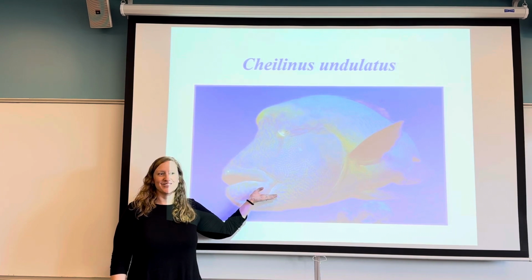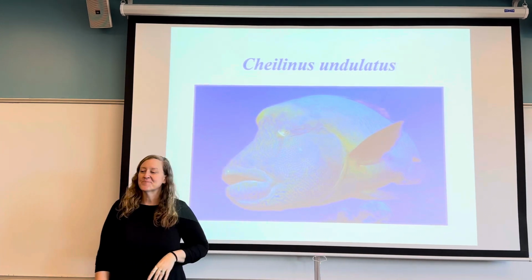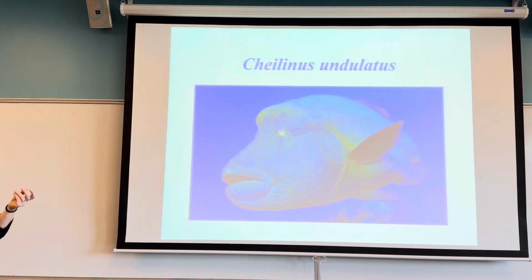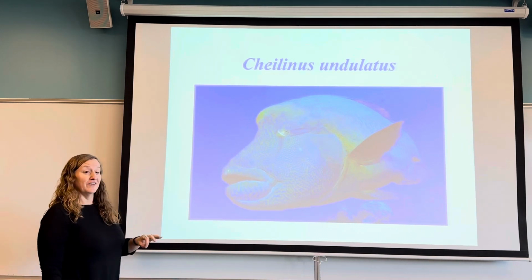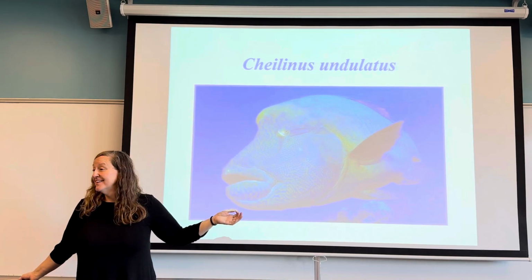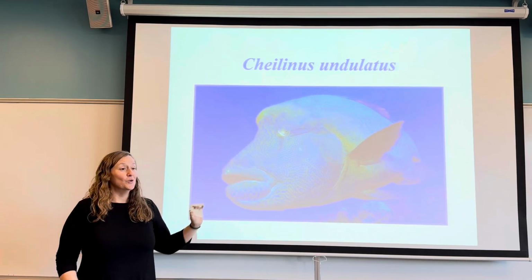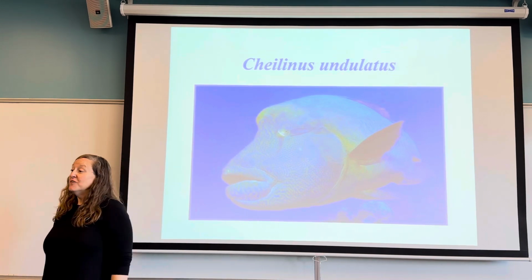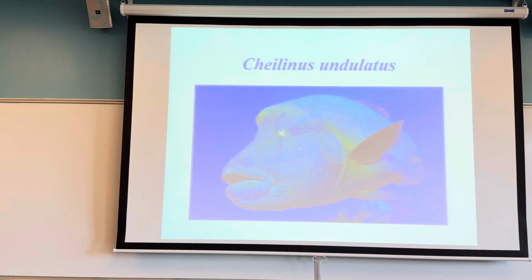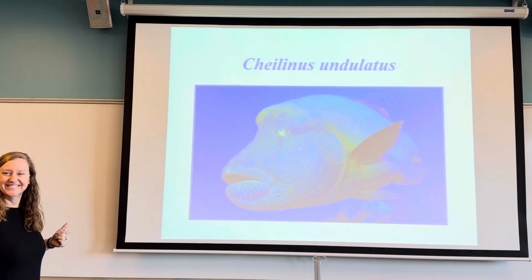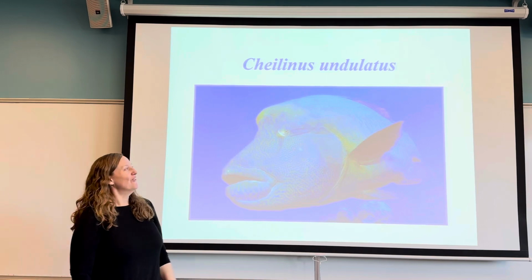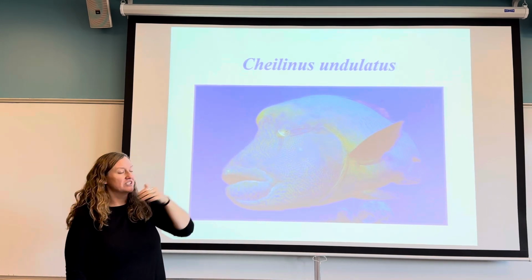But here's where things go really wacky with this supermale. When the supermale dies, it is believed that it gives off pheromones or some kind of chemicals to let the community know, I'm dying. One female, based on her genetics, there's got to be some connection to the supermale genes, begins to switch up her internal physiology to become male. She starts to grow in size, change in color, and she becomes the supermale now. Cool, right? So this species is called Cheilinus undulatus.